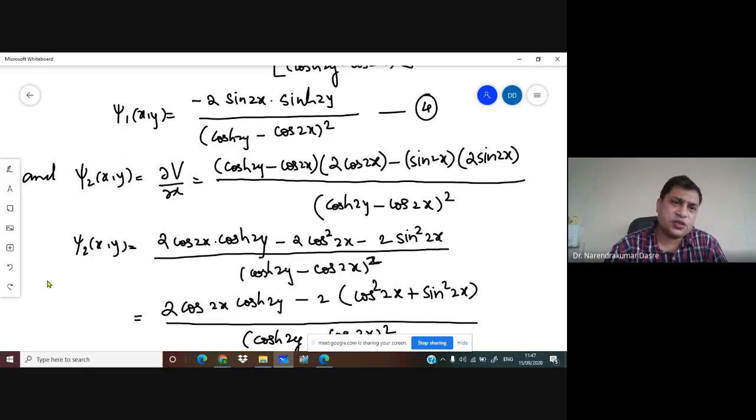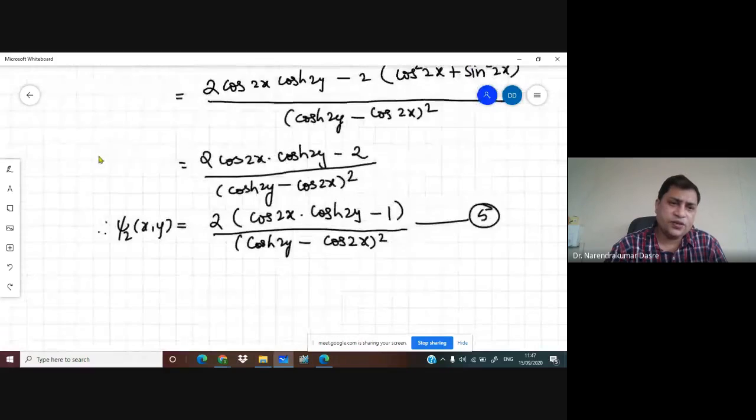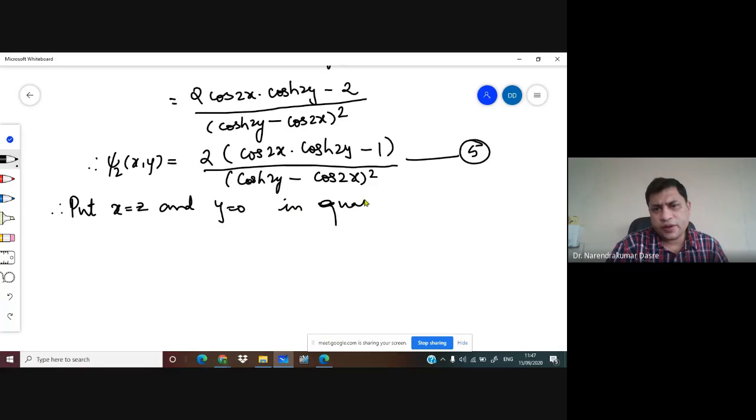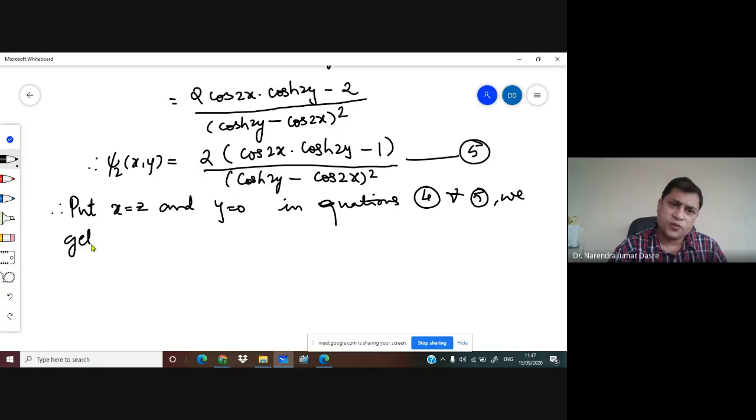Okay, so this way we have completed the second step. We have calculated the first order partial derivative with respect to y and with respect to x. Now what is the third step of the Milne-Thompson method? Put x is equal to z and y is equal to 0 in equations 4 and 5, we get psi 1 of z0 is equal to,